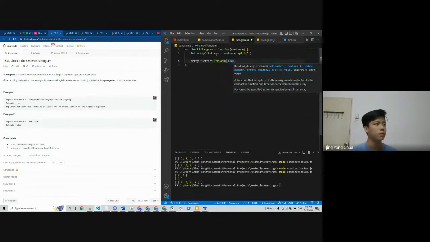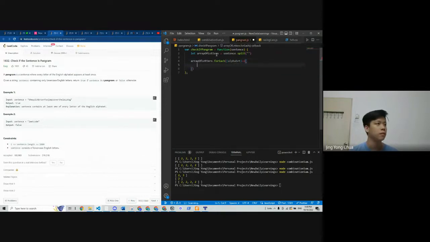So alphabet, and we check equal to false first.